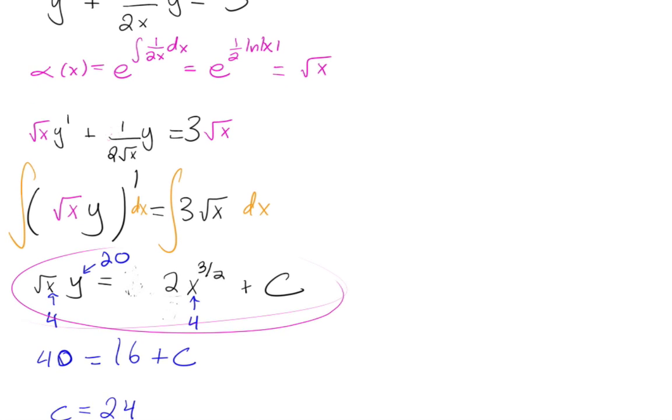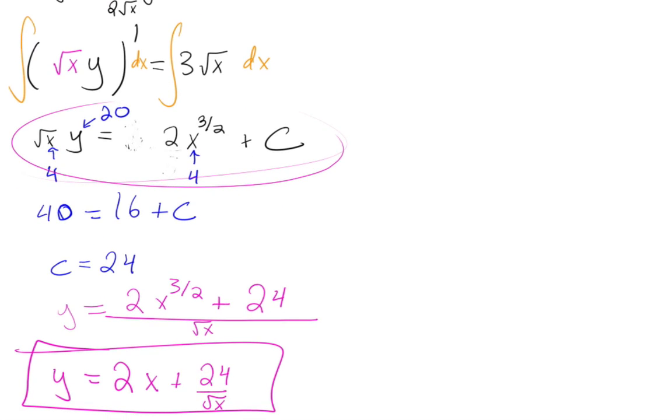That's the only reason we did that. You could have divided by root x. The thing is that it's usually easier to leave it in this form when you're finding the constant, just because you eliminate a fraction, and so it just makes the calculation a tiny bit easier, but you don't have to. If we would have divided by root x, then we would have gotten a fraction on the bottom. We would have had to move it back again anyway, so